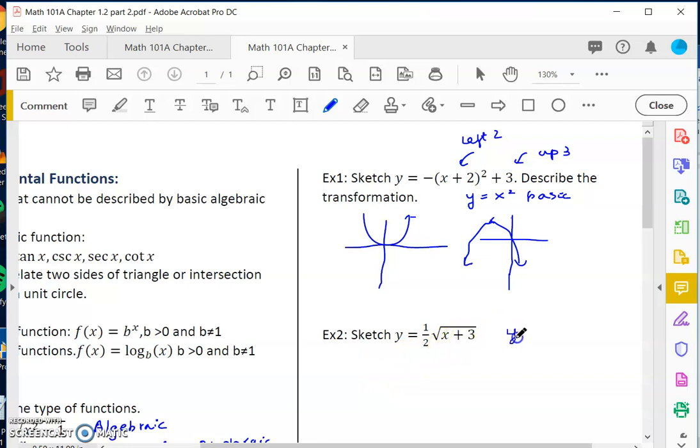This is from a basic function of square root x. So obviously we also have left or right: left 3, and then a vertical stretch by 1/2. Not translate, but stretch by 1/2. So we would have left 3 and then make it shorter like that. So that's how